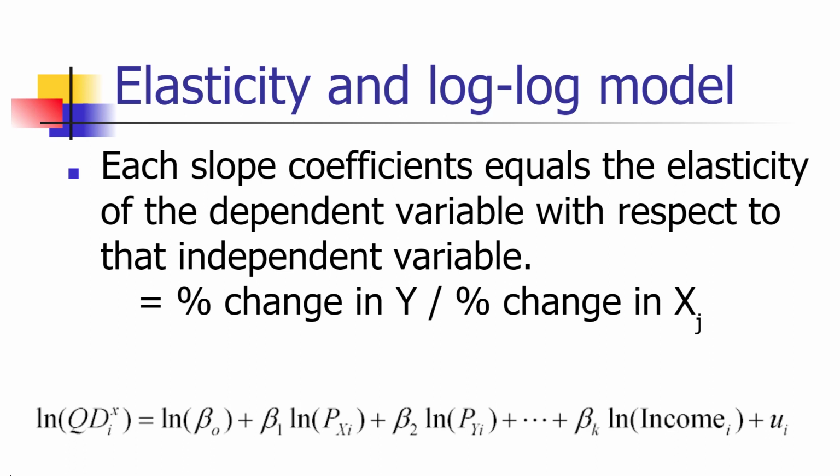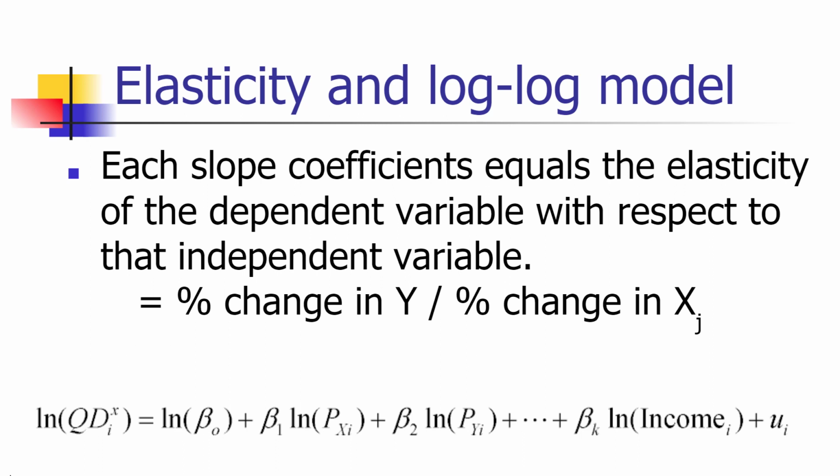For example, if we were to estimate a demand function where the log of the quantity of good x demanded is equal to a constant times the natural log of the price of good x plus another constant times the natural log of the price of good y, plus other variables out through beta k times the natural log of income, beta 1 is going to be equal to the price elasticity of demand for the good. So that's where we get the estimates of the price elasticity of demand that you may have seen in introductory microeconomics or intermediate microeconomics classes or other applied microeconomics courses.